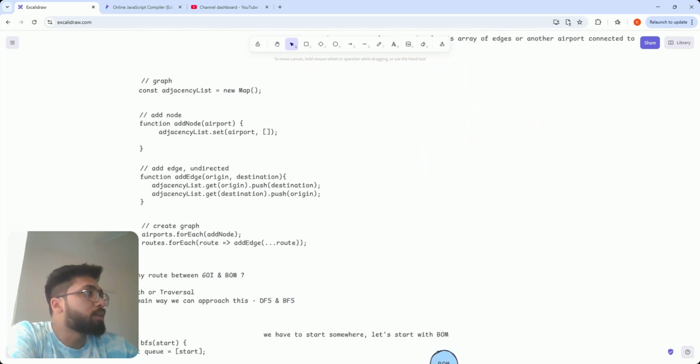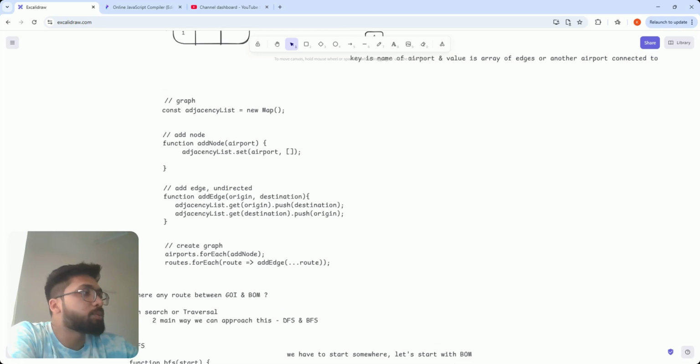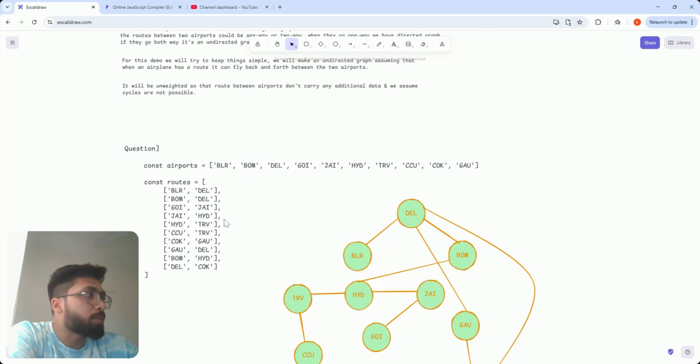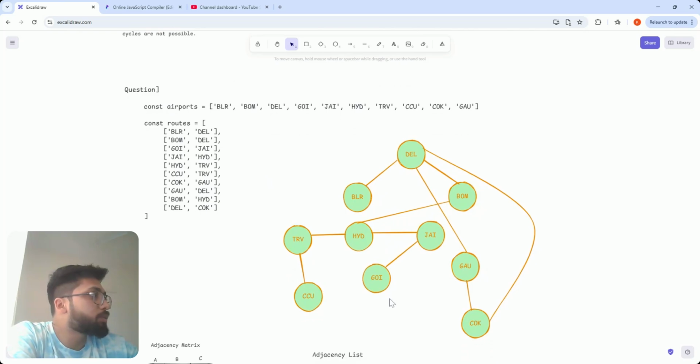Basically you have to check if there is any route between Goa and Bombay, right? You are given this data, and you have to check if there is any route present between Bombay and Goa. Visually you can see there is a route Bombay to Hyderabad, Hyderabad to Jaipur, Jaipur to Goa. But let's use code to check if there is a route available between Bombay to